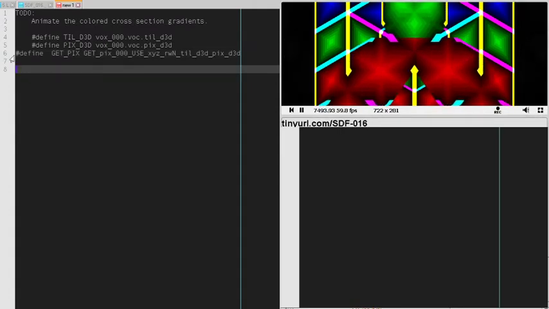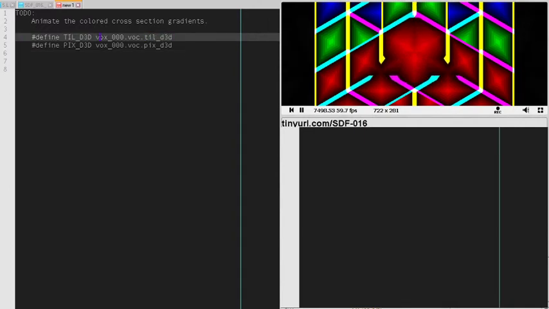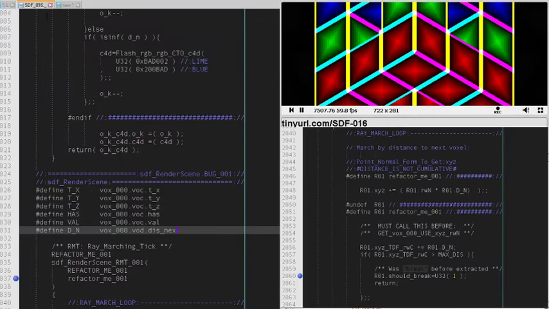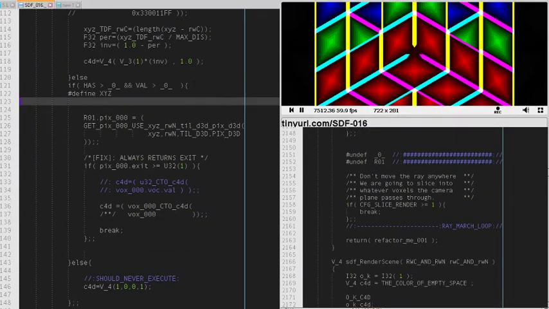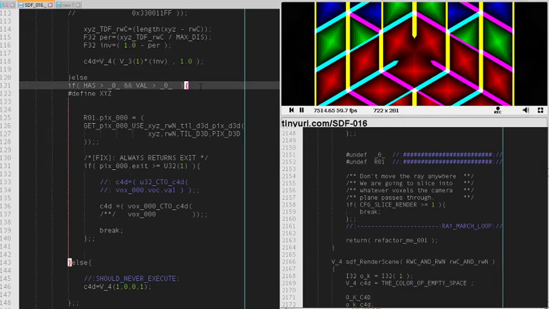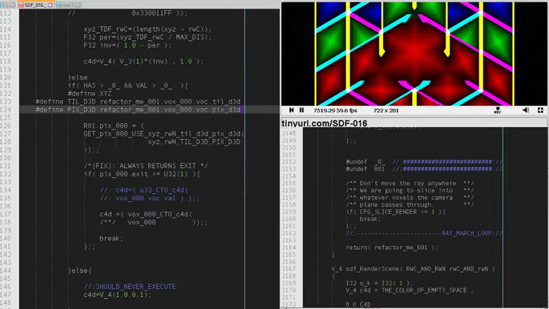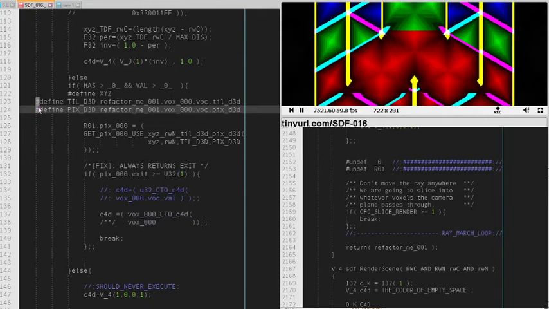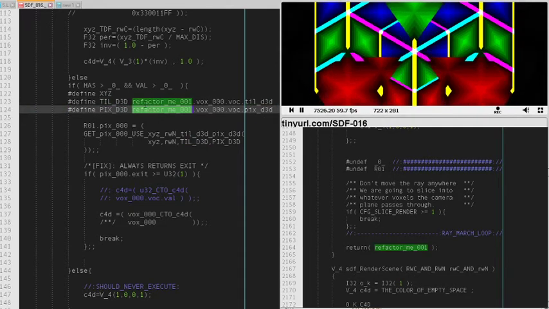So we can get rid of this, and we're gonna say that this define is actually now equal to... oh boy, that's a mouthful. So over here we can define these. So I don't think we can do